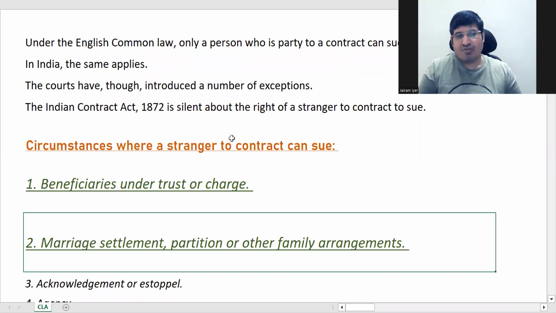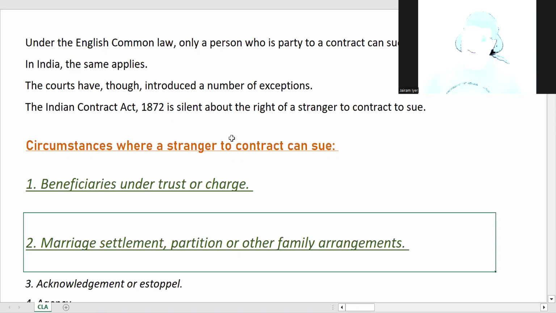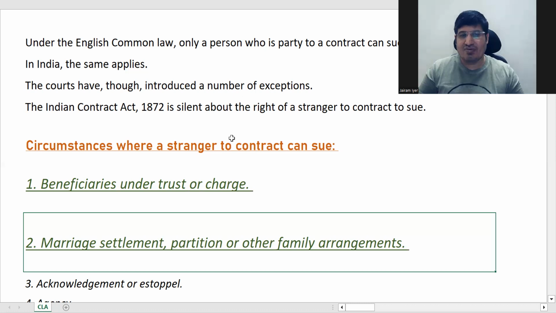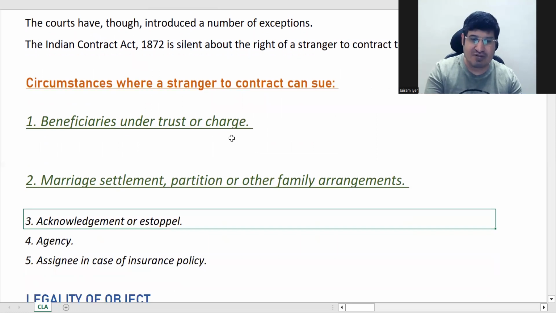Now, when two people marry, and if say there is some problem and they have to get divorced, then what happens is normally the elders come and they negotiate, correct? This only happens. So in this case, you need to allow the stranger to the contract to sue. If for the divorce she has to sue, her parents also on her behalf should be able to sue. In this case, it is allowed because of the nature of the contract.